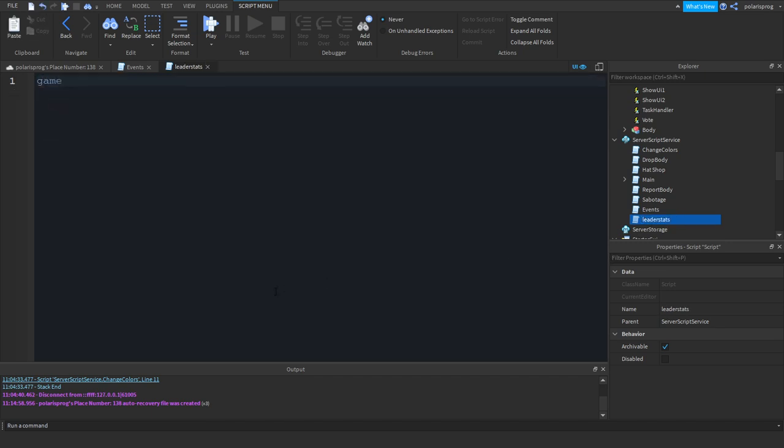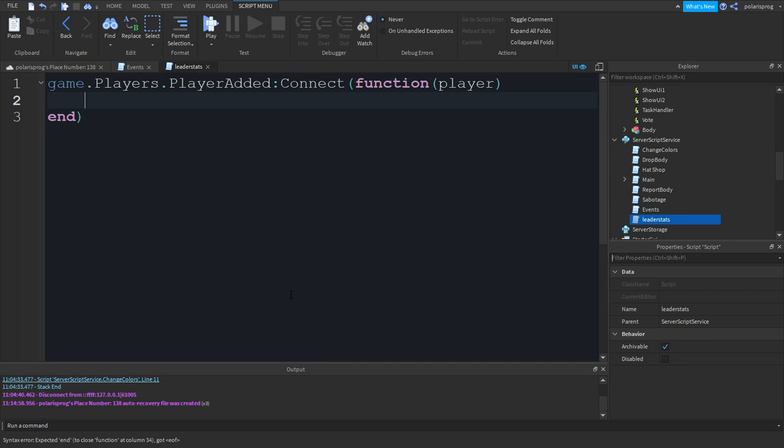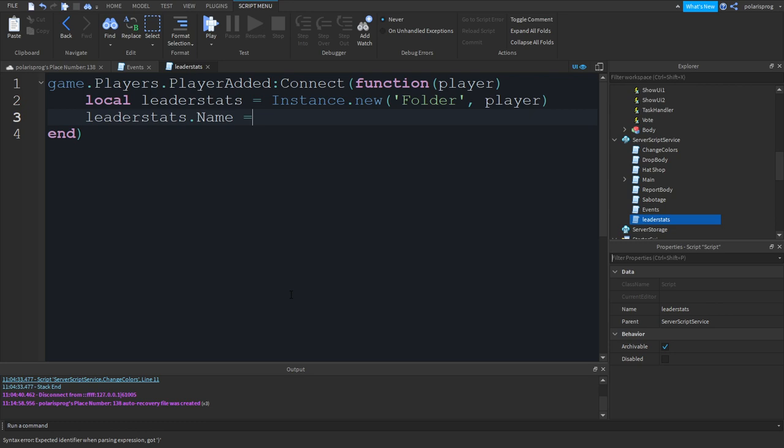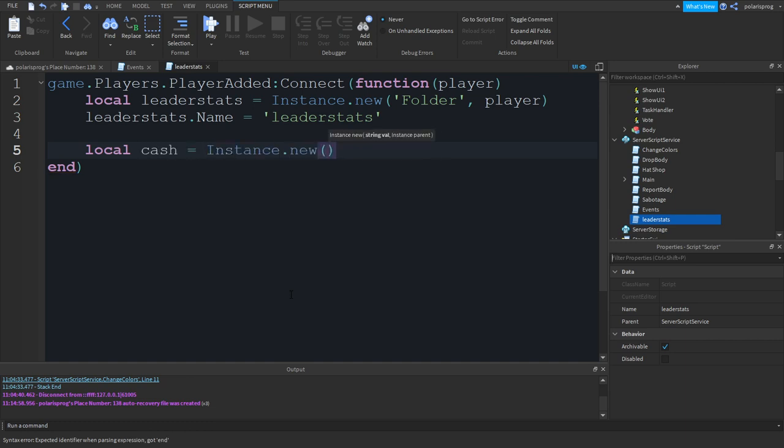and we're going to create a PlayerAdded event. So game.Players.PlayerAdded:Connect(function(player)). Let me just zoom in. We just have to create a variable for the leaderstats. So local leaderstats is equal to Instance.new("Folder", player). So we just parent it to the player, and leaderstats.Name is equal to "leaderstats" with no capital letters. Just drop two lines if you want, and create another variable, local cache is equal to Instance.new("Value",